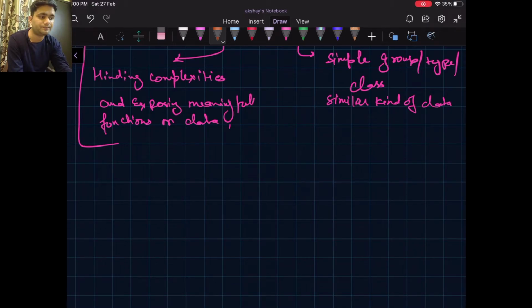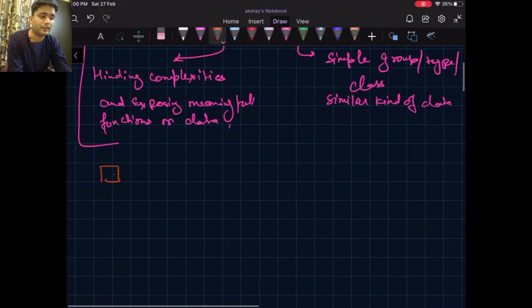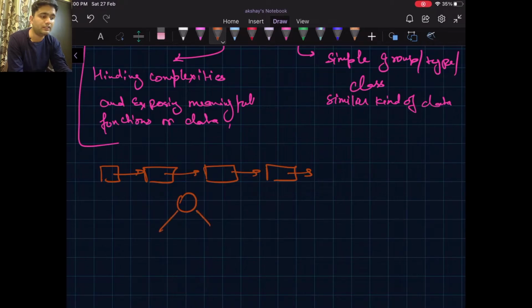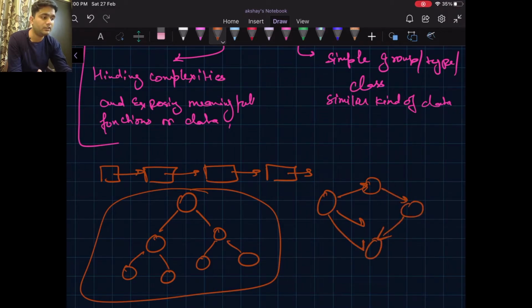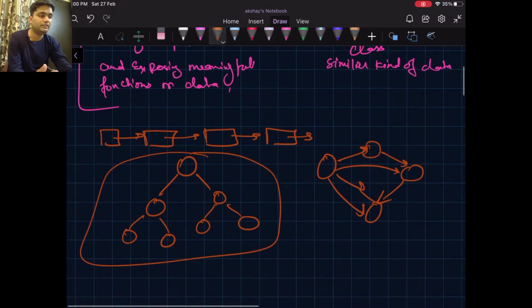So if I describe linearity in terms of path, this is a linear data structure. This is a hierarchical data structure where we have a tree-like view. This is a multipath data structure like graph. Okay, so this is the linear data structure, and this is how we represent linked list in pictorial form.